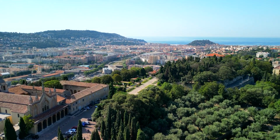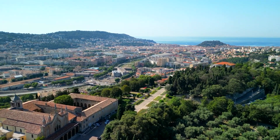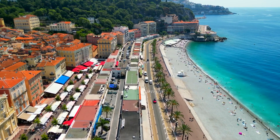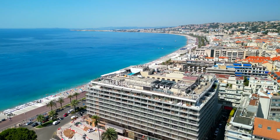With its sun-splashed facades, palm-lined boulevards, and a sea so intensely blue it inspired an entire art movement, Nice embodies the Riviera dream at street level. Italian by ancestry, French by decree, and forever international at heart, the city invites you to linger over café crème